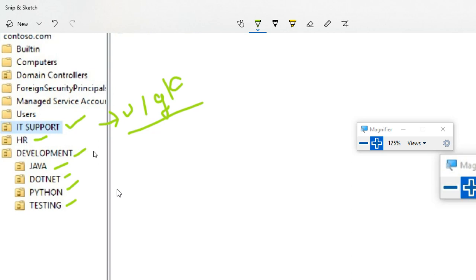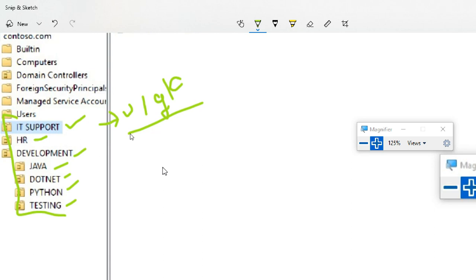IT users in an IT OU, HR in an HR OU, Java in a Java OU, like that, separate and subcategorize them. Then we can easily understand where it is.